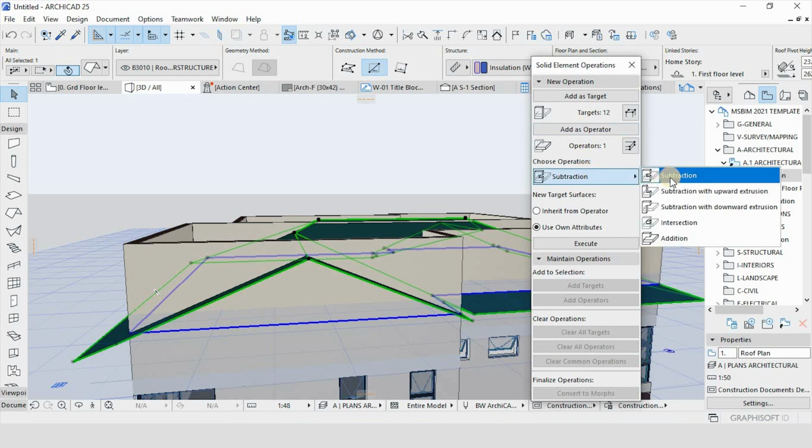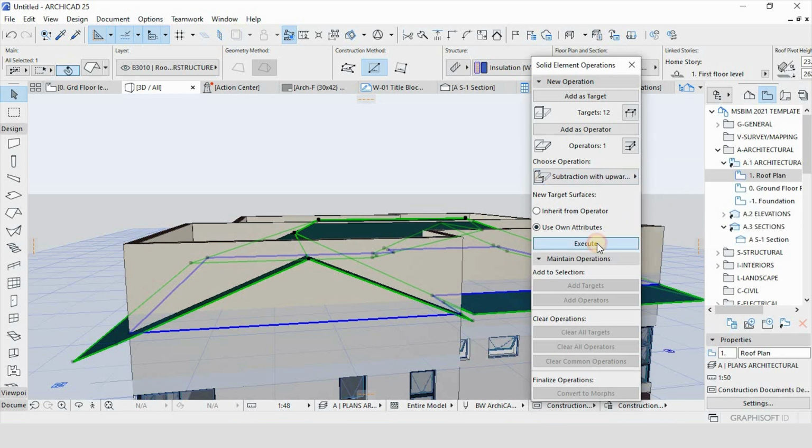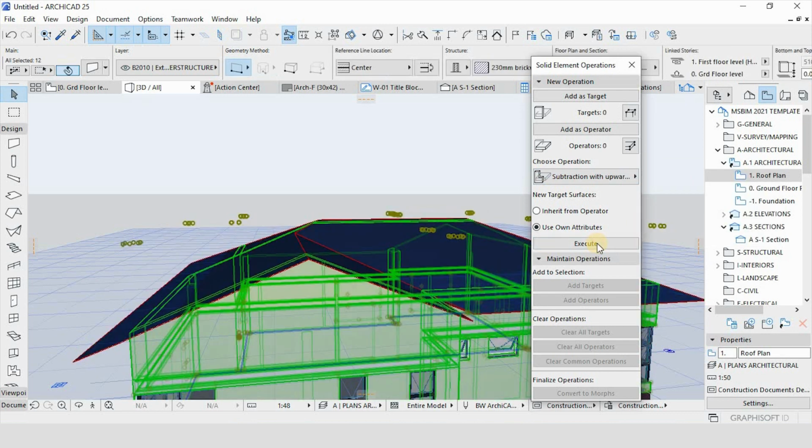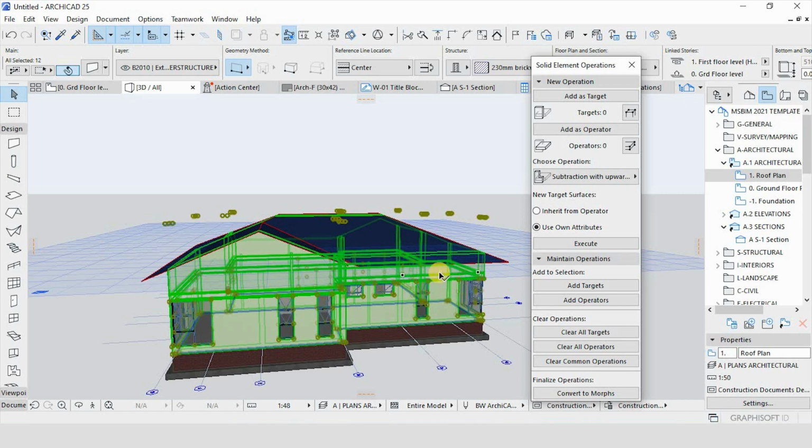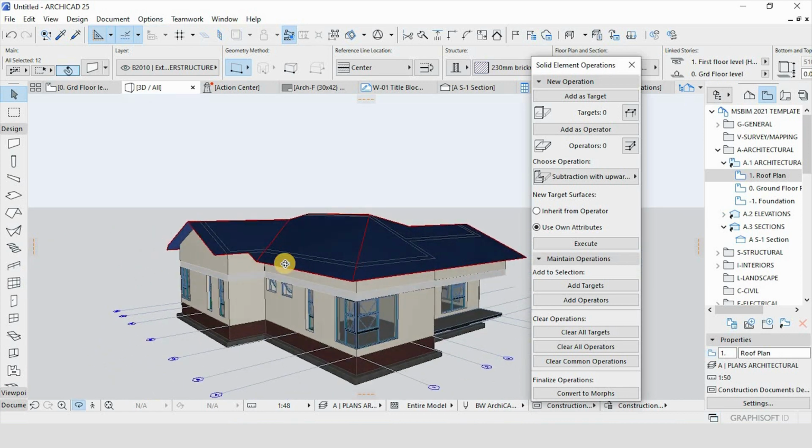Then under the operation you choose subtraction with upward extrusion because we want the above part of the wall to be subtracted. Then you execute, and there you have